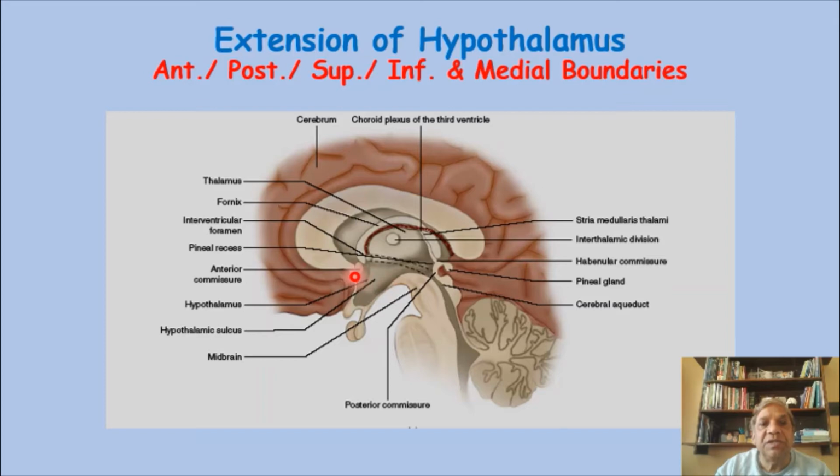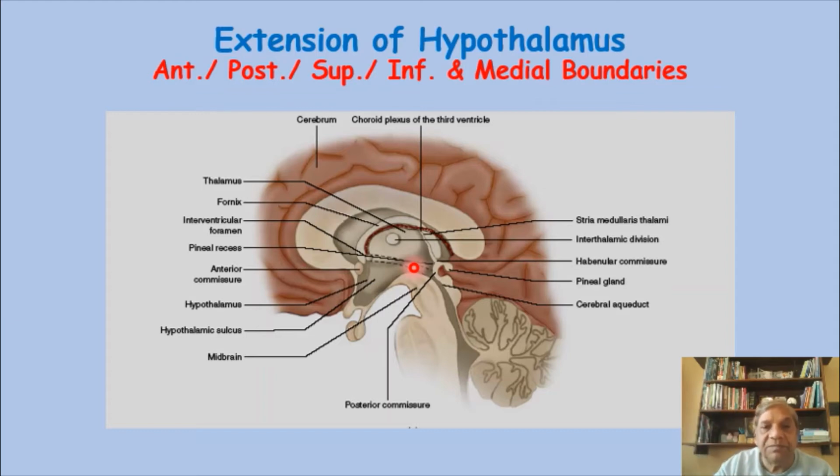That means you have seen the anterior boundary, the posterior boundary, the superior, and the inferior boundary, and this is the medial boundary. This medial boundary of the hypothalamus is nothing but the lateral wall of the third ventricle. That means in between the right and left wall of the hypothalamus, that space is the third ventricle, and this space is lined by the ependyma, the ependymal surface. Now only one boundary is remaining, and that is the lateral boundary, the deep boundary.